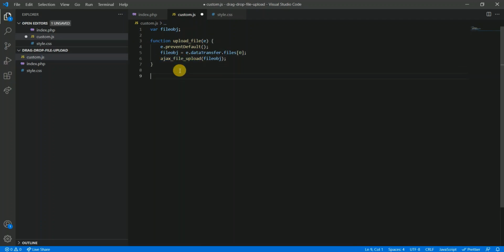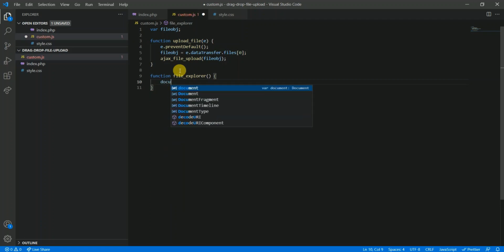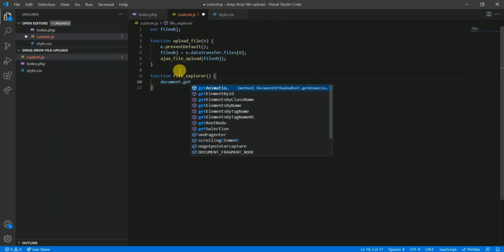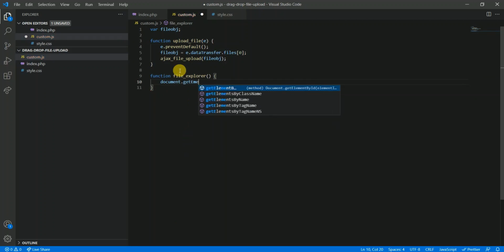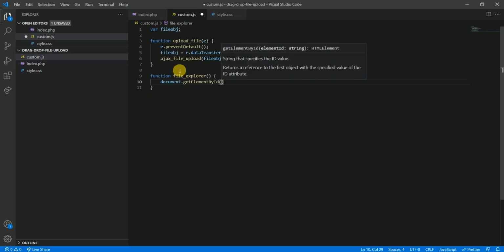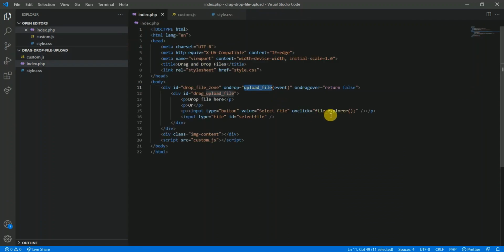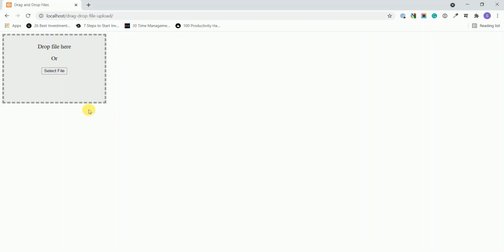Next thing is we also define one method called file explorer. As I told, using this button, the user should browse the file and upload it on our server.